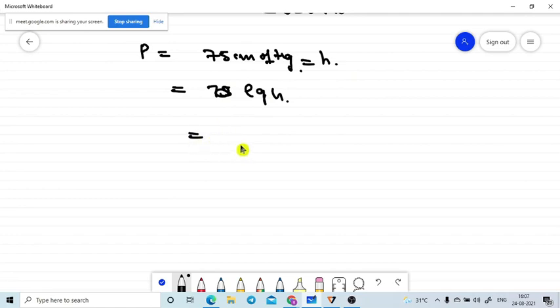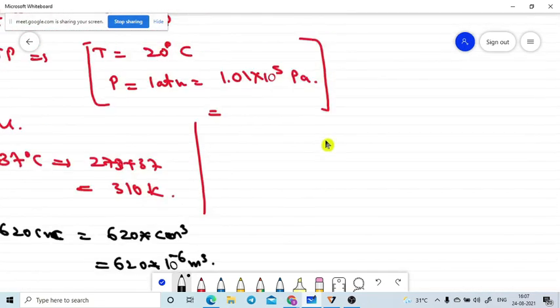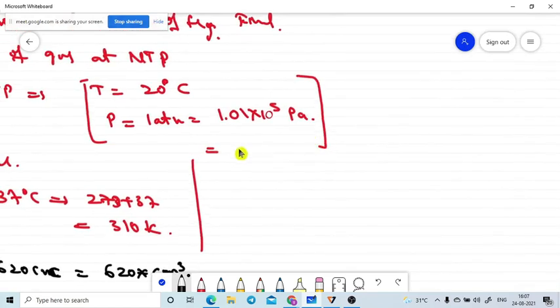Otherwise, what is the normal temperature pressure in the liquid column of mercury? Will anybody please Google it? I hope it is 20 centimeter of Hg. Let me take it as 20 centimeter of Hg. Please take it as 20 centimeter of Hg.